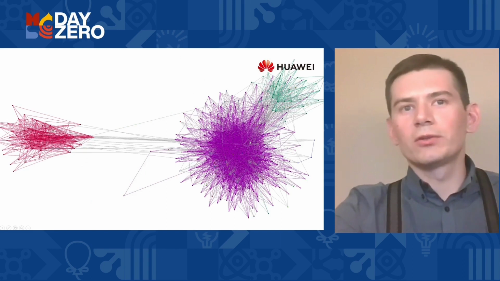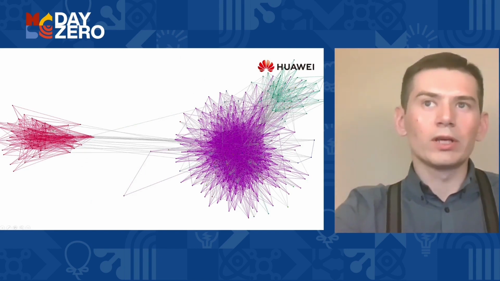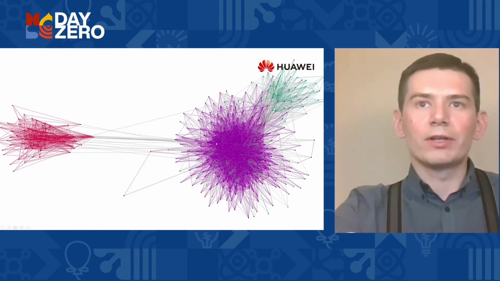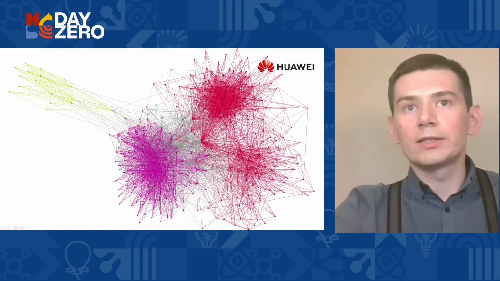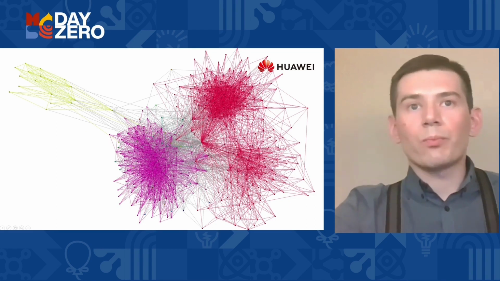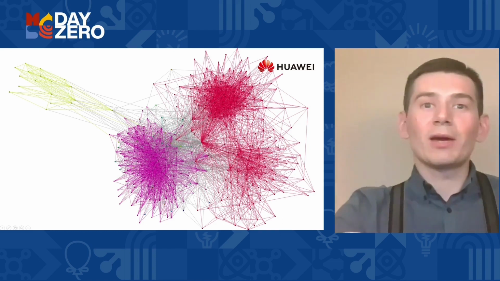Sometimes it is easy to judge if a solution is good or not. Like here, we have a very dense area at the right and at the left and at the top, which are loosely connected. So we have only 3 communities here. Sometimes it is more difficult, like in this example, when we have a green colored community in the middle, which is probably not seen, but it is here. We don't know why it is present. Perhaps we also have another graph, and sometimes we just get this